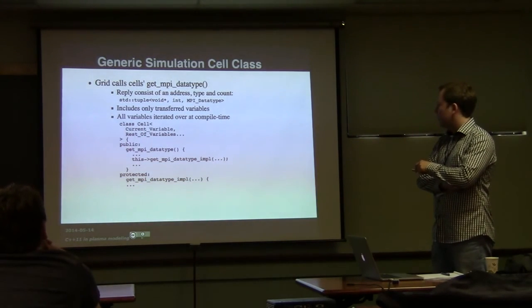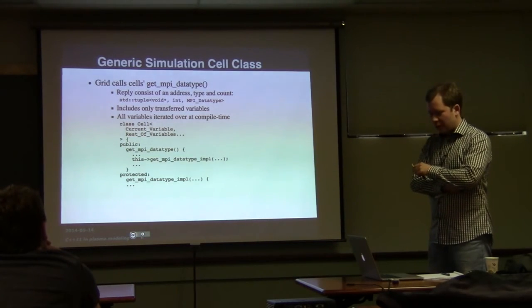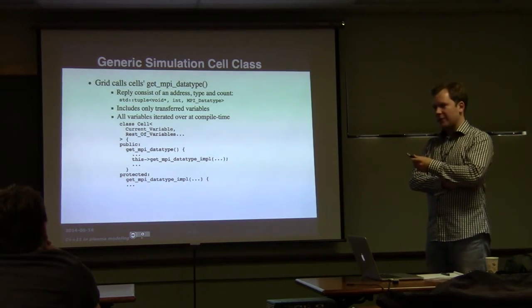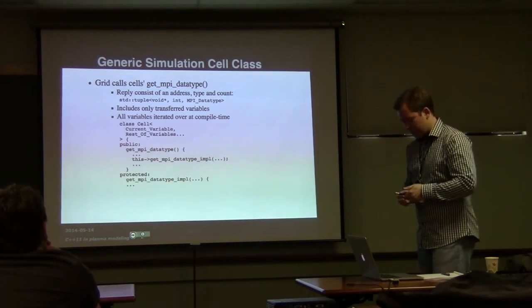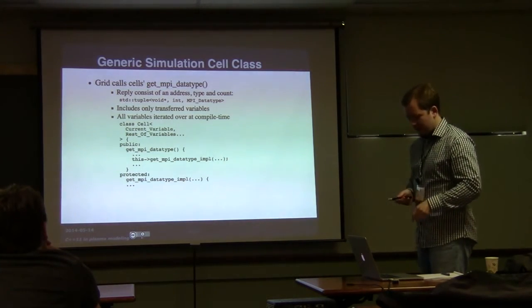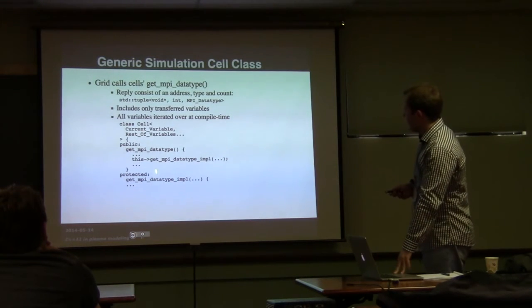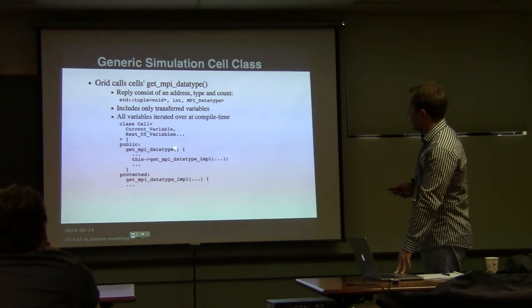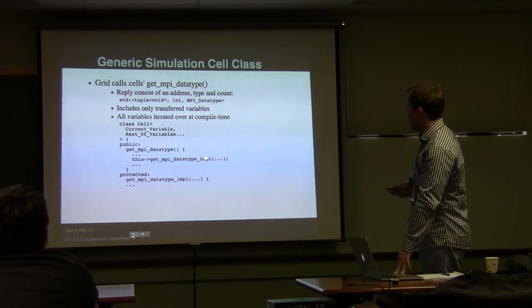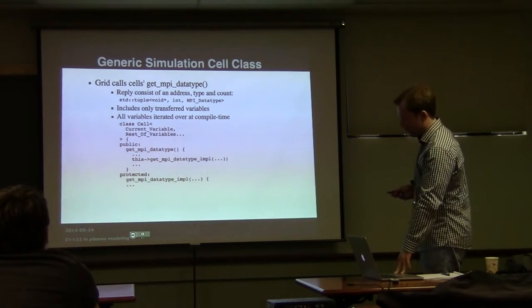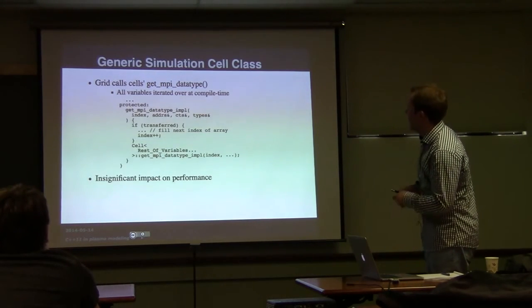And so this required a bit more complex logic, because the serial version is almost trivial. It's like, I don't know, 10, 20 lines of code, but this requires maybe 100 or a few hundred more. So basically, this is the public function. This is called by whoever wants to send the data. And then this just dispatches to the implementation, which is on the next slide.